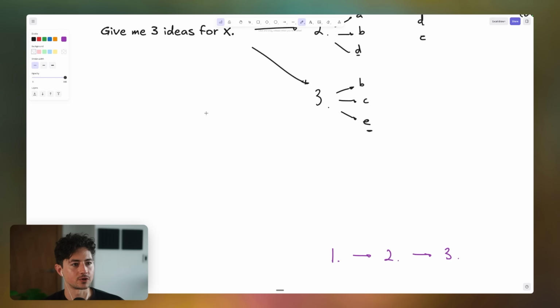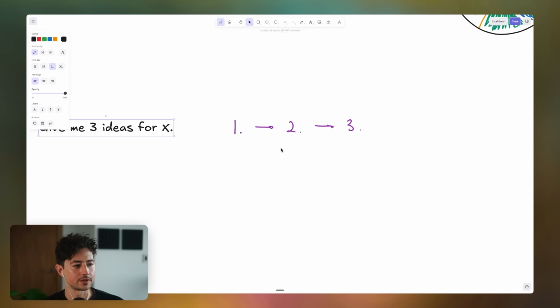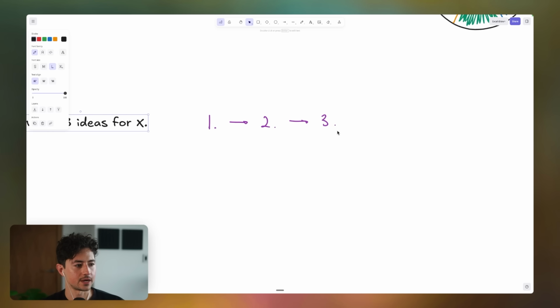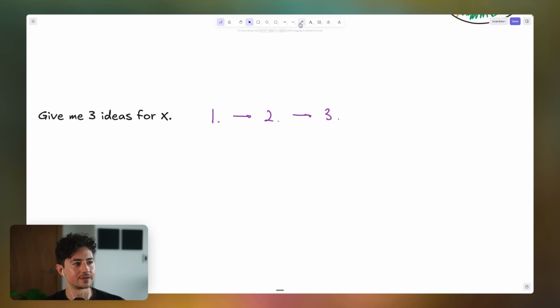So if you think about it, if you were to do one search and then another search afterwards and then another search. For instance, let's say you have a query: give me 3 ideas for X. It gives you 3 ideas and you say, hey, I want another 3 ideas. And it gives you another 3. At the end of it, you may have 9 ideas or something, but it will have taken a certain amount of time. If each search is 5 minutes, well, you just consumed 15 minutes, right?